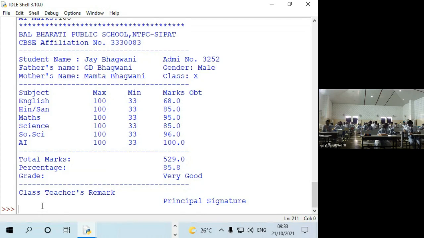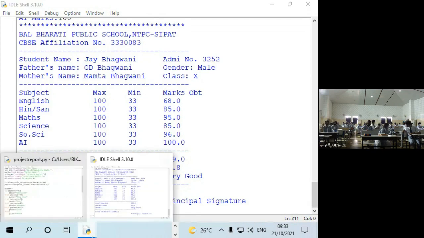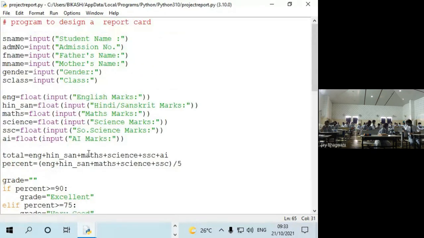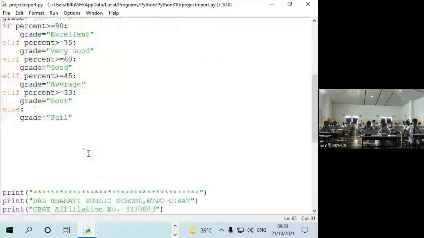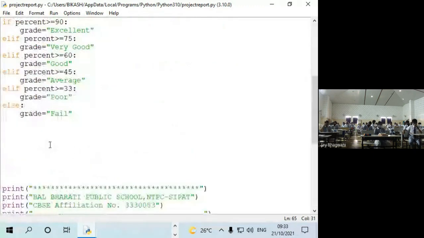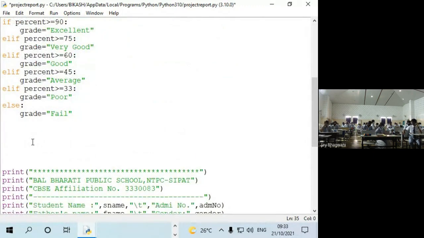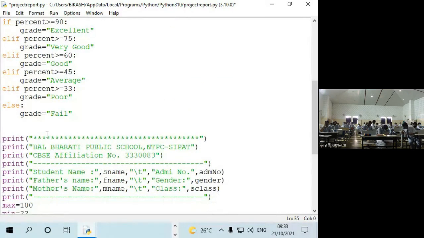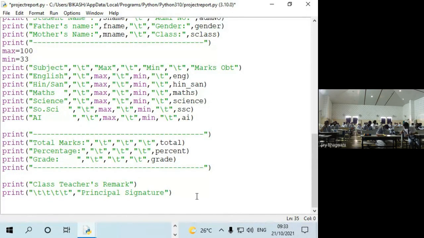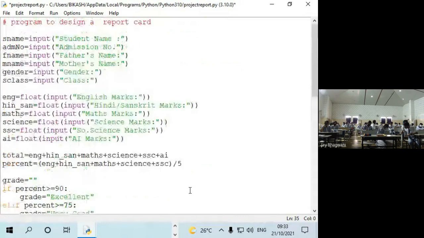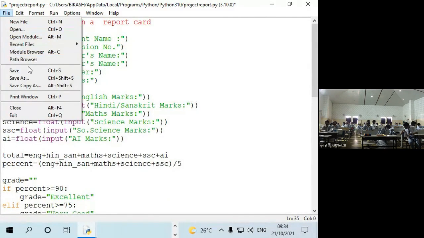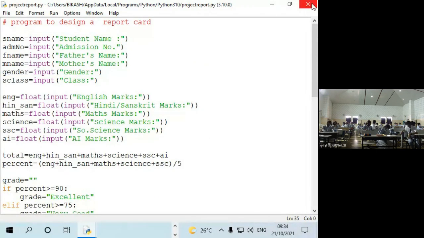So how was the program? It is good. And coding is very easy. Okay. So this is only a small program. If you want this coding, I can just copy and paste it in the Google Classroom also, and with the recording, I will send it. Okay. Is it fine?